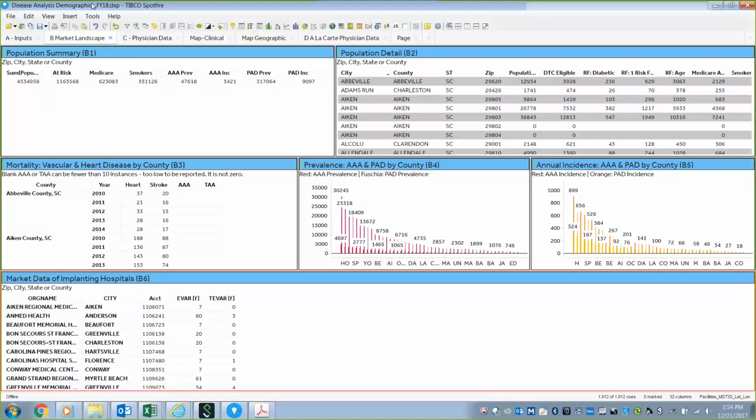We're going to look at tab B, market landscape. This is very similar. It's practically the same as what we did last year. Some of the data changed, but the majority of it did not. So let's actually focus this time on the data sources, because this is probably one of the uniquer groupings of